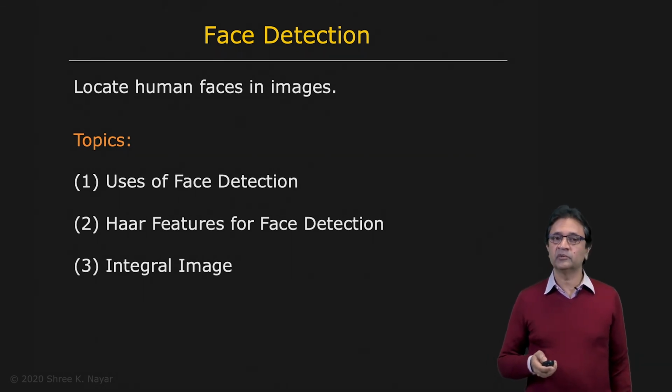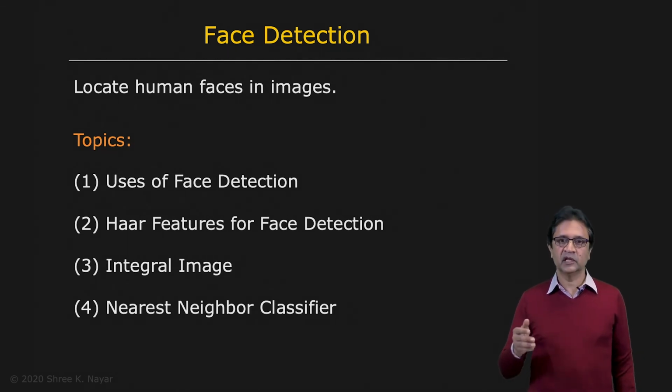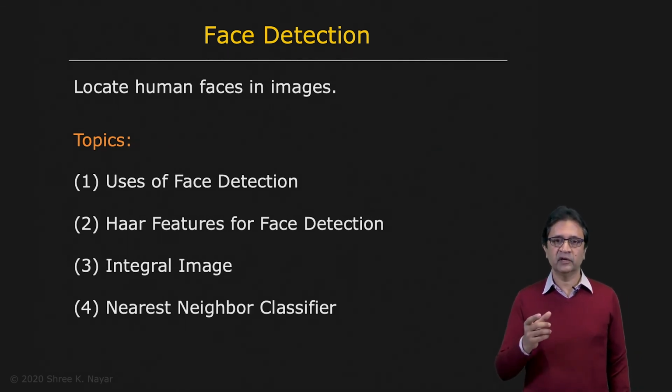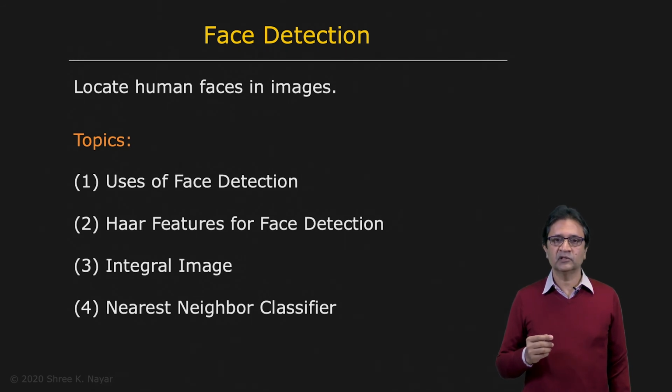So then we look at the problem of classification. And first we look at nearest neighbor classifiers. Given a vector, you want to find the nearest neighbor in feature space and simply assign the class of that neighbor to the new vector. But we'll see that nearest neighbor classification is computationally prohibitive, given that you have to do it for every pixel in the image. It could be millions of pixels.